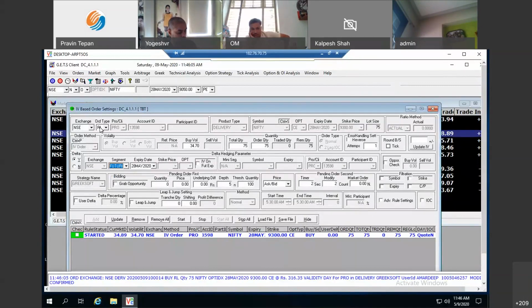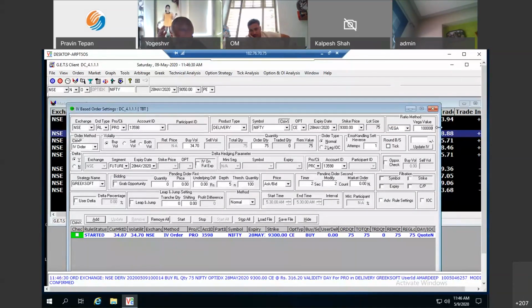Moving ahead, there's one more thing that we can do here, and this is very important. Traders do it regularly. Now, instead of actual quantity, here I want to do it Vega wise. So say for example for 9300, I want to sell 1 lakh value of Vega for the 9300 call option. So I simply select here 1 lakh.